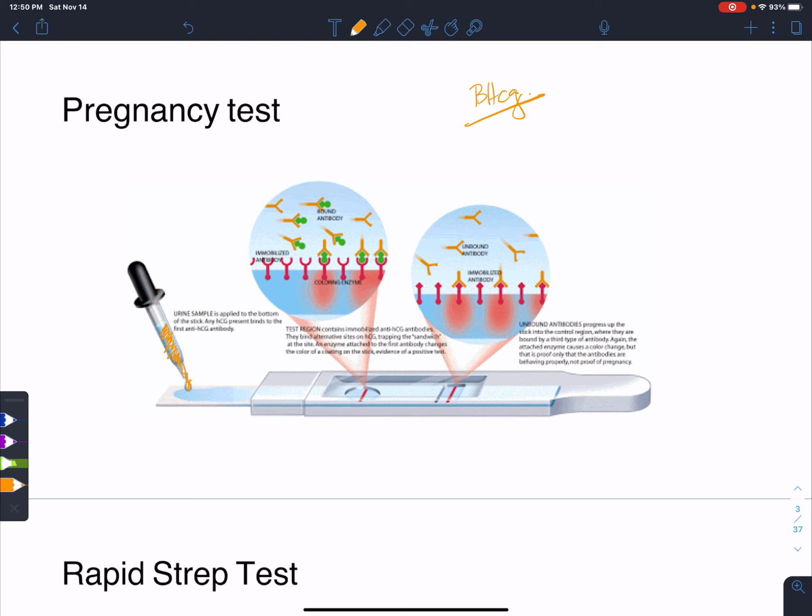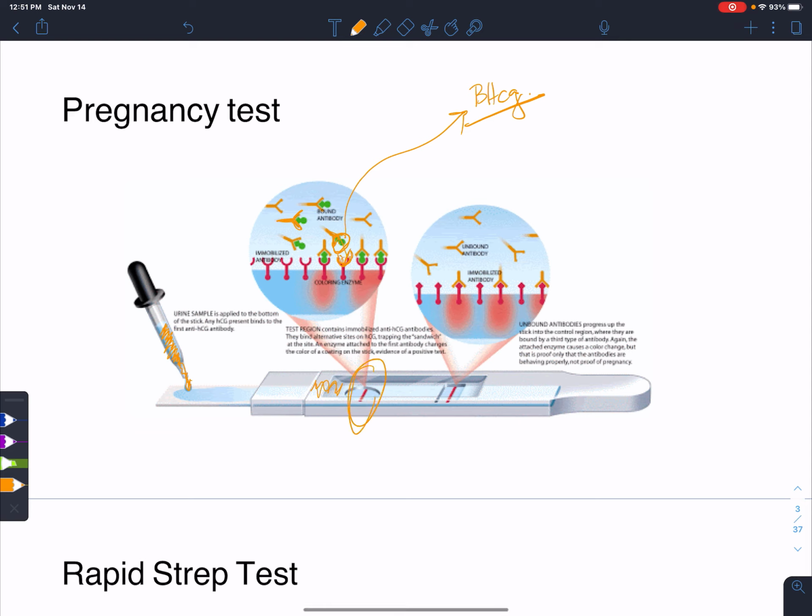And what we have here are specific antibodies in here to that HCG, and they are yellow. The green here is the HCG. So if it's present, this antibody binds it, and then this antibody here is specific to it as well. So they both bind here on this